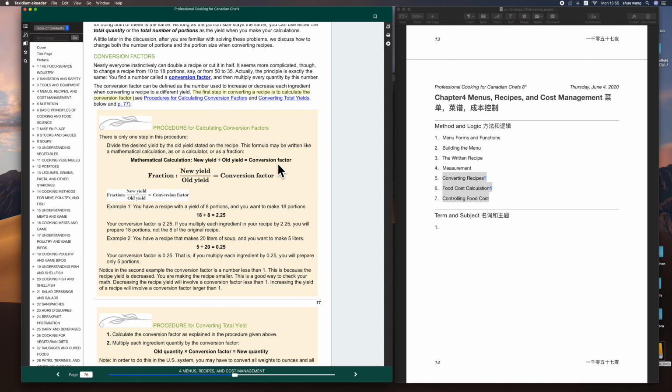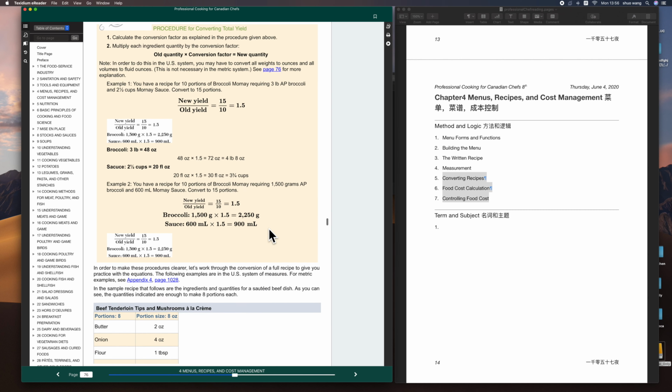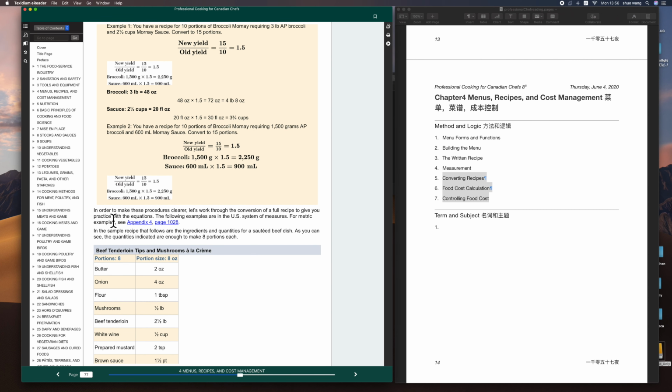So，这里边我们看 conversion factor 这个定义，就是你的新的出品量比上你旧的出品量，就是你出几倍或者几分之几，叫转化的一个因子。然后你用这个因子乘以每一个单独的材料就可以了。这个例子我们就不读了，因为非常好理解。这两个部分我都不读了，因为我觉得你会基本的数学，了解这个概念之后就可以了。我们读一下它的结论。In order to make this procedure clear, let's walk through the conversion of